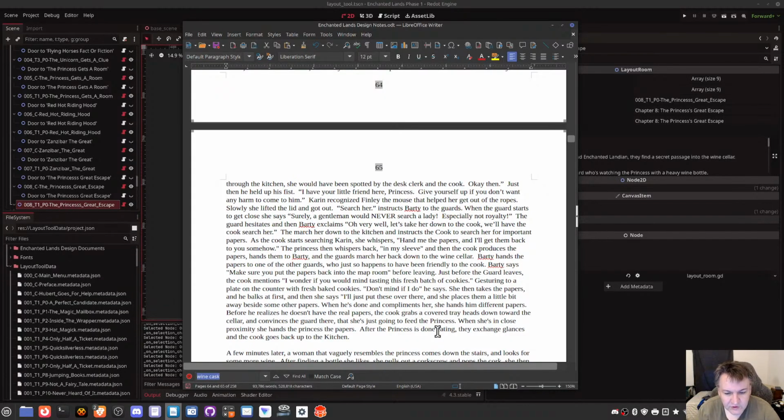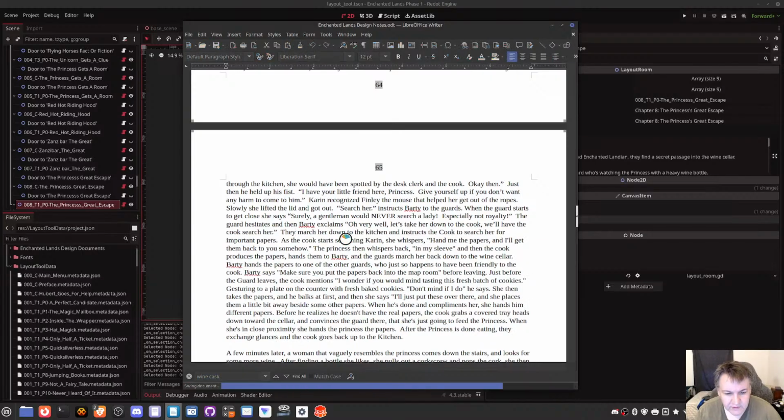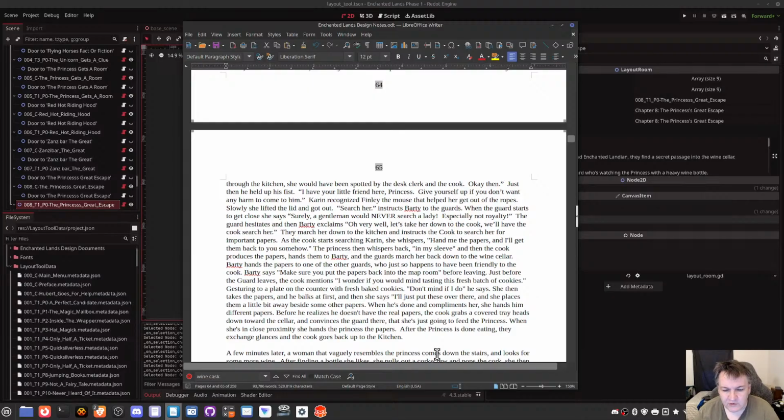They march her down to the kitchen and instruct the cook to search her for important papers. As the cook starts searching Karen, she whispers, "Hand me the papers. I'll get them back to you somehow." The princess whispers back, "In my sleeve." And then the cook produces the papers, hands them to Barty, and the guards march her back down to the